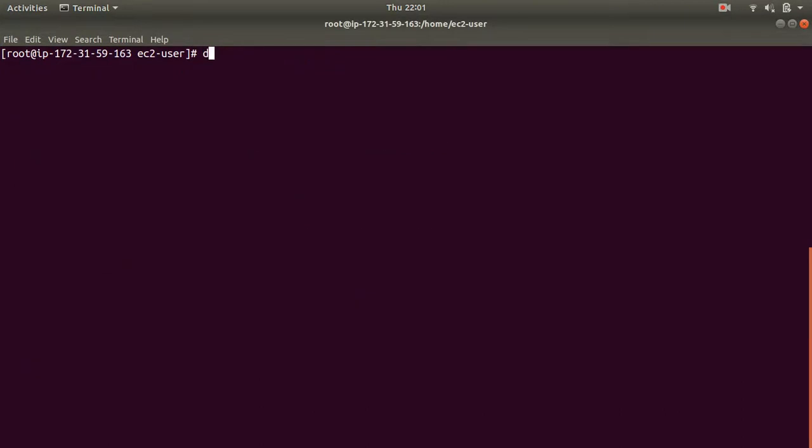Next, let's look at some of the commands for your Docker images. So the first command we have is docker images. Now this command will show you the list of Docker images that are available in your host machine where your Docker is installed. So as of now, I don't have any images, so I'm getting an empty response.